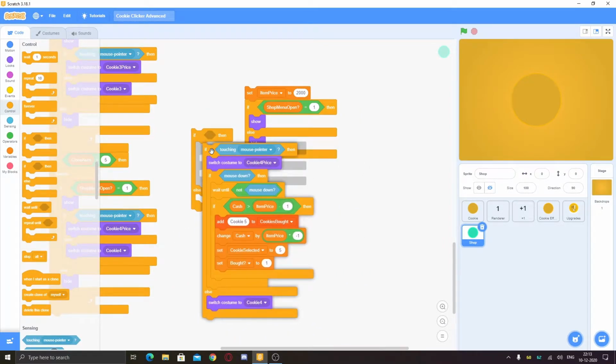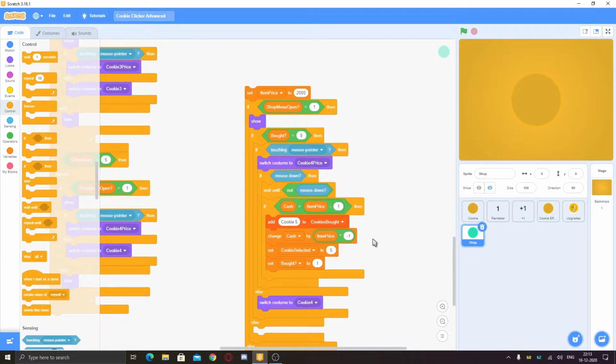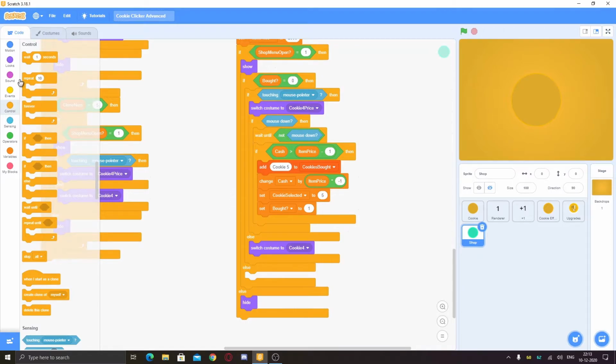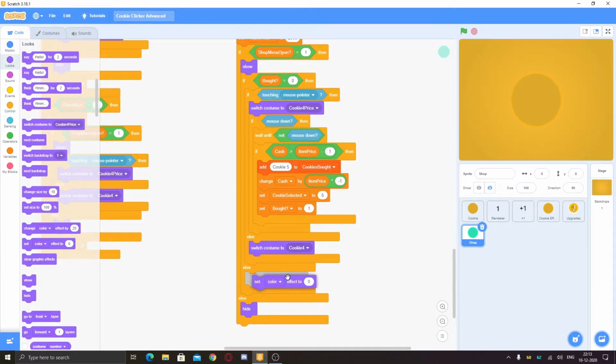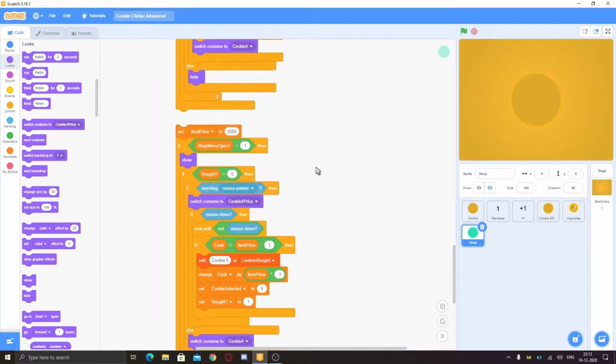Put it in the if else, like if bot is equal to 0, if the cookie is not bought, then it should be available like this, or else it will set brightness effect to -20. I think that will make it dark, and I think this should work.